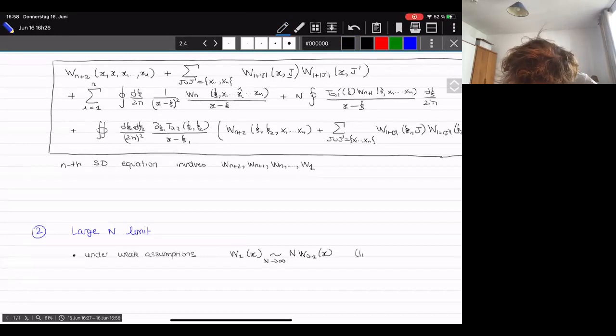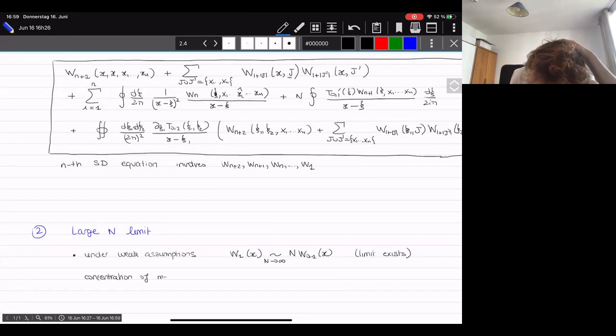So the limit exists. And then, in fact, one can prove a bit more here using concentration of measure. It's a whole topic in itself, which I'm not going to explain here, but you can also see that this W_n,